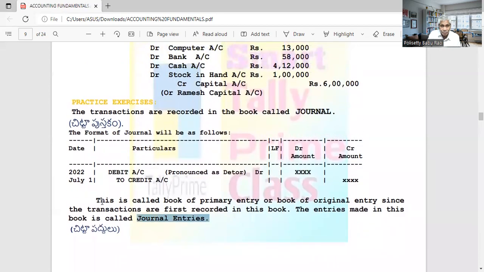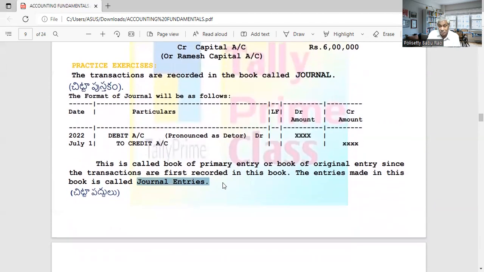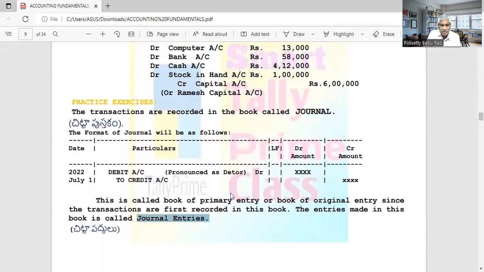But actually, in this pro forma, I left out one column. We will learn it after some time, in the next chapter. There is another column there too. These two we will learn in the next topic. So this is done. This pro forma will be maintained and we will record like this in the case of manual accounting. In the case of computerized accounting like TallyPrime, that will be different, but this is the basic idea.